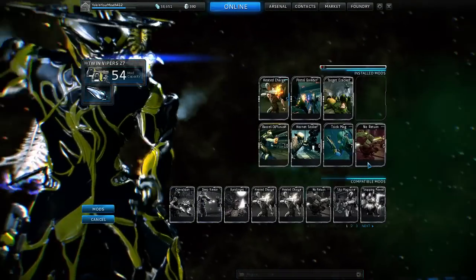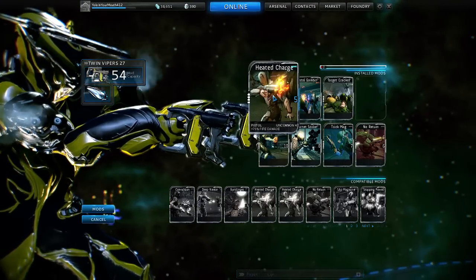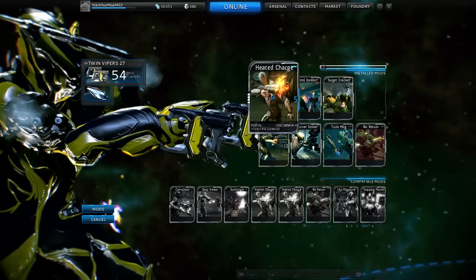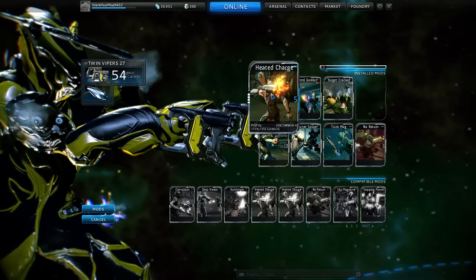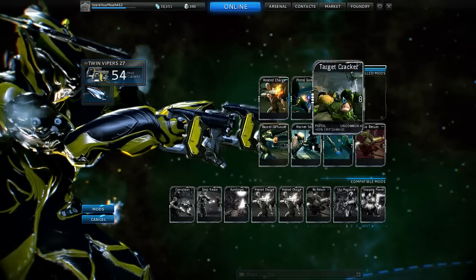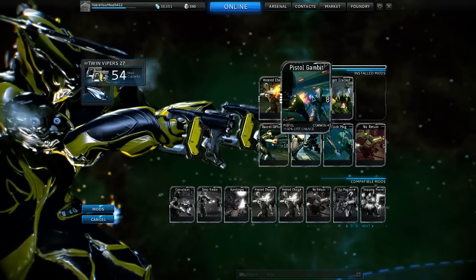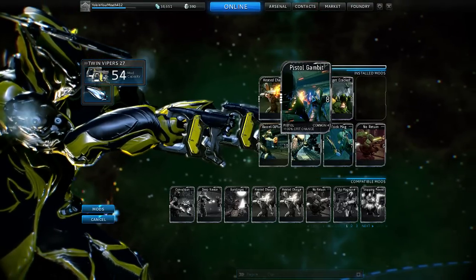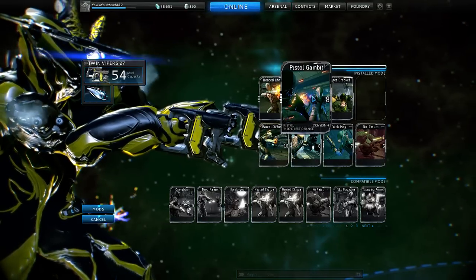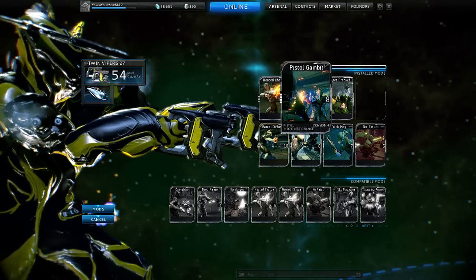Another example is the Twin Vipers. With the polarity slot, fire is the best to go all the way up with, and then I have crit damage and crit chance, which are damage mods in a way. So I'll explain those real quick. The way this works is, I'm pretty sure the Viper's crit chance is 15%, so I'm guessing the Twin Vipers are also like 15%,